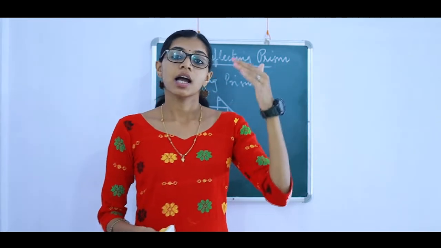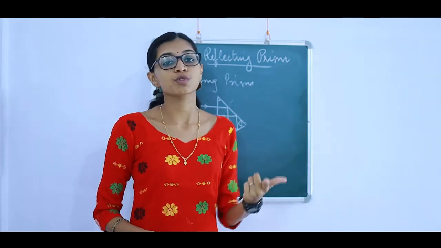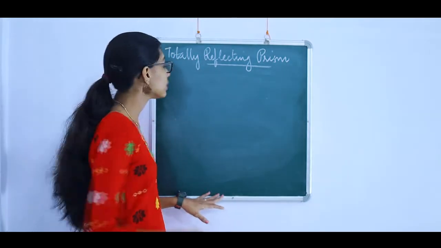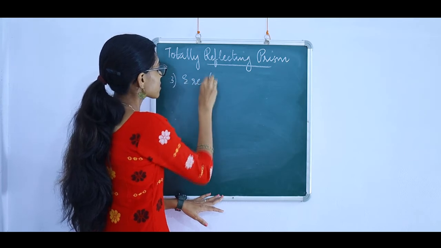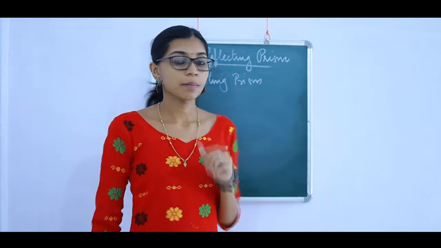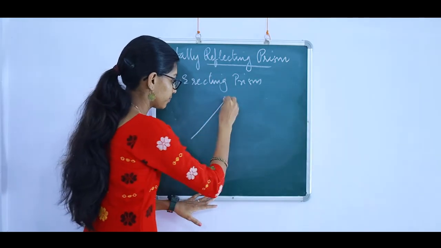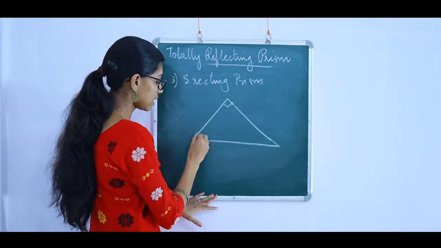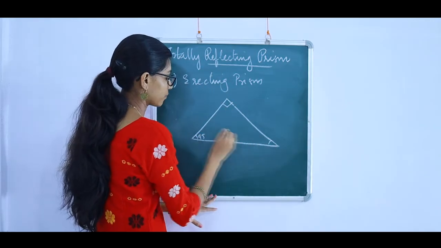So this is a reversing prism and this is basically used in binoculars. Now we have the third one and that is erecting prism. So if we place an object which is inverted or kept like this, you will have an image which is erect. Actually, reversing prism can also be used for that purpose. So we will see how that looks like. And how do we keep the prism? We keep it like this. Okay, this is 90 degree, 45 degree, 45 degree.